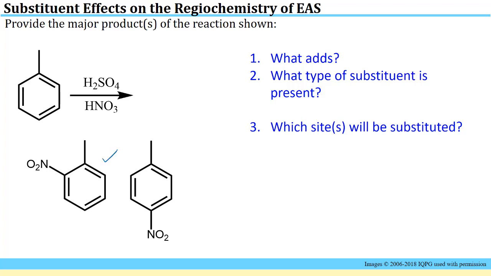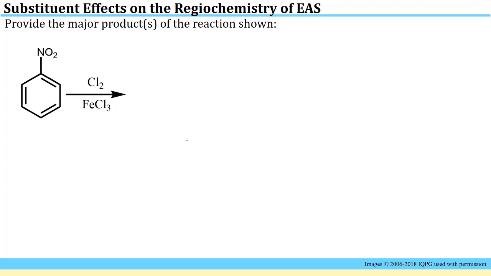We should get a mixture of both the ortho and the para substituted products. Now here's another question of the same variety, just asking us to provide the major product. In this case, we start with nitrobenzene. And first we look at the conditions around the reaction arrow and say, well, what adds when we have these